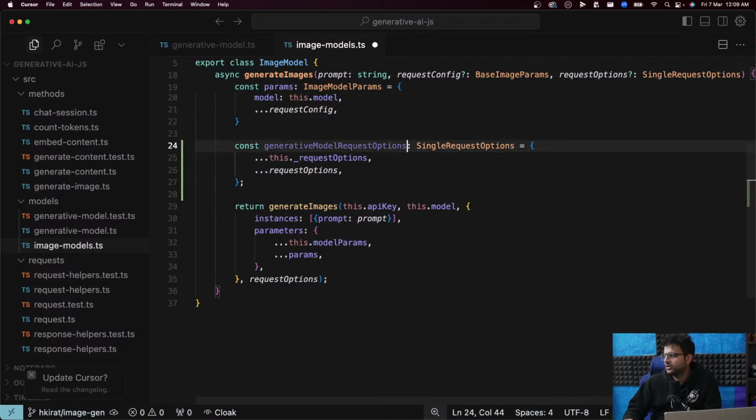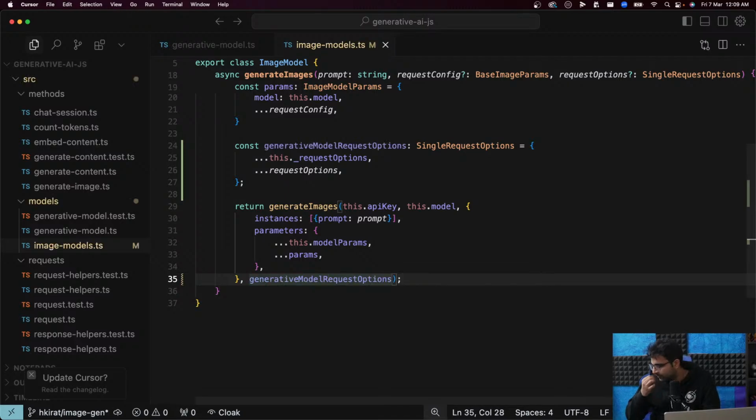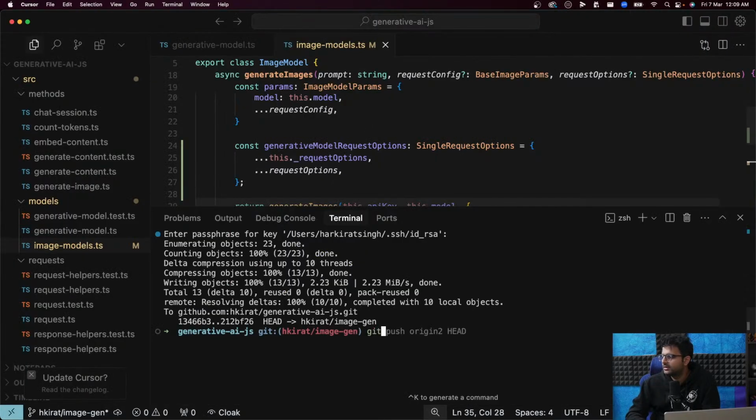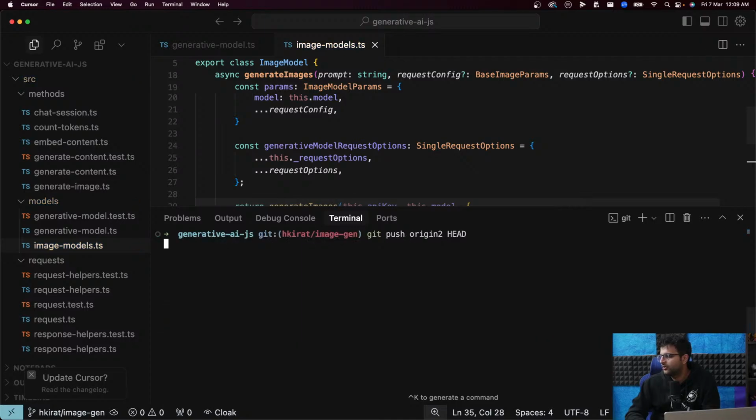Generative model request options equal to this, and rather than sending request options, send generative model request options. Let me push that. Request options to generative model request options. Push.